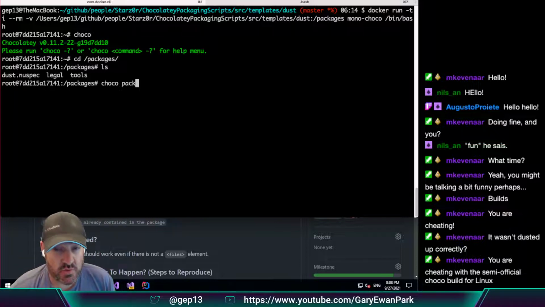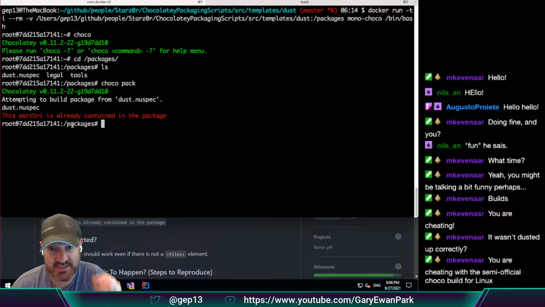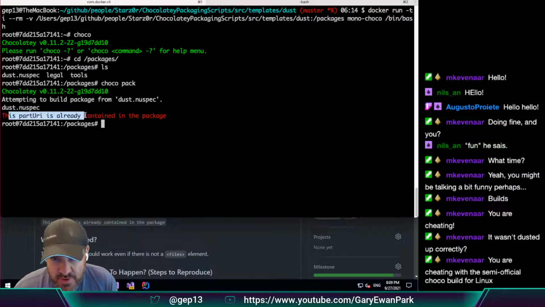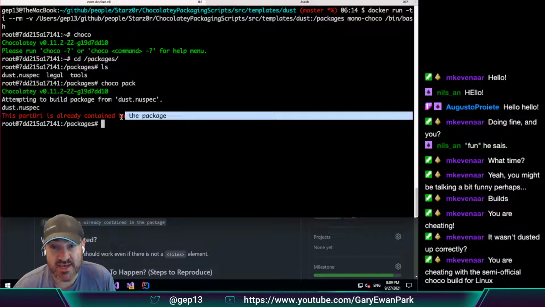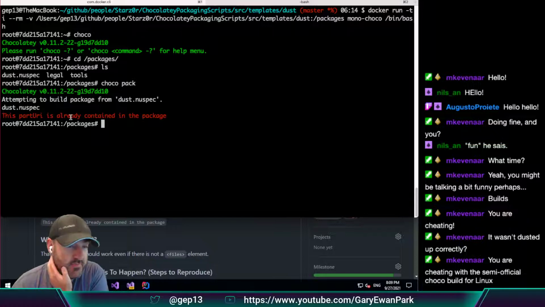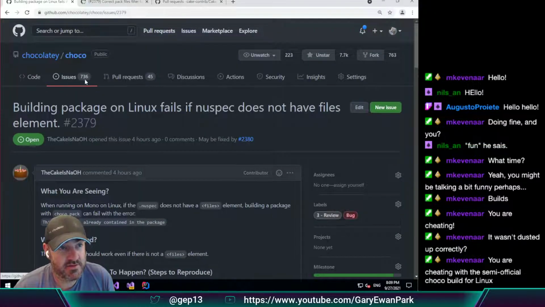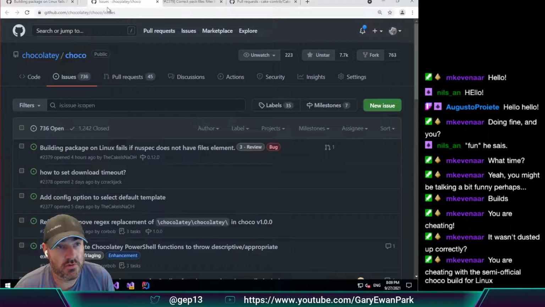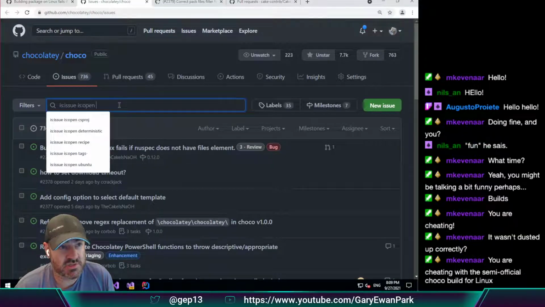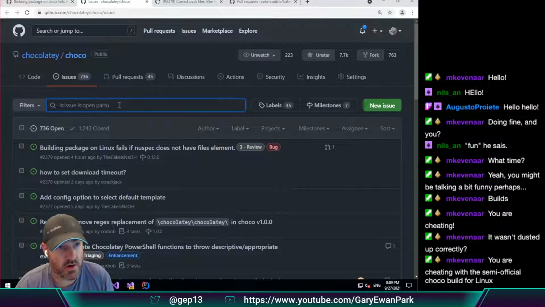What I found when I went to try and run Choco Pack against the dust package was that there was an error. Now the error is a little bit of a strange one, and it says that this part URI is already contained in the package. Now, if you went and had a look in the Chocolatey Choco repository, and we searched in here for part URI,